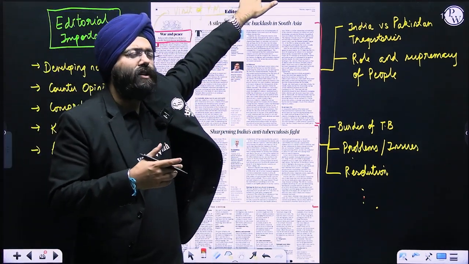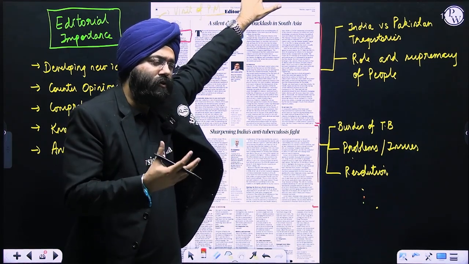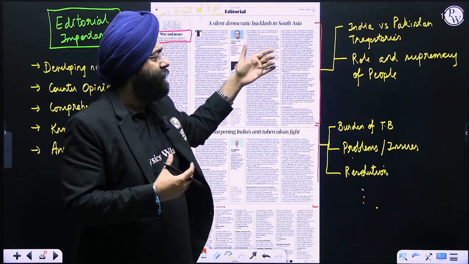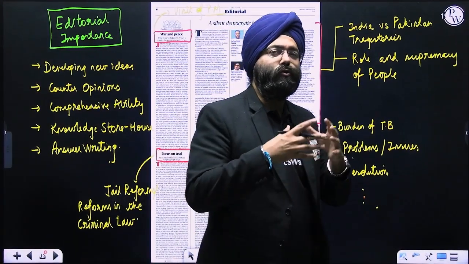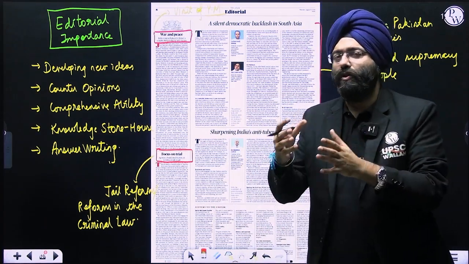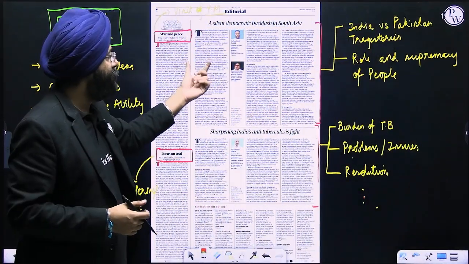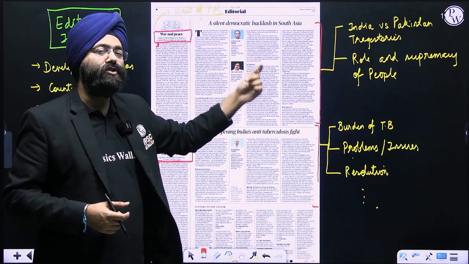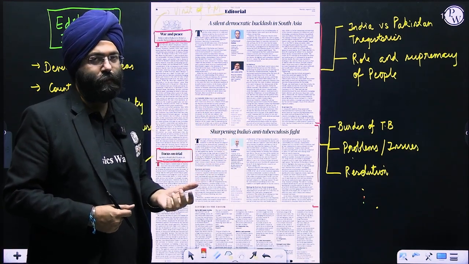Do you realize that in spite of so many problems faced by India and its neighbors, it is democracy that is supreme? When such types of questions come, when you know what is democracy, what are the issues in democracy, what are the problems with democracy, these examples which you read over here, whether related to Pakistan or India, help you to generate an opinion. They give you an opinion. It helps you critically analyze a problem.